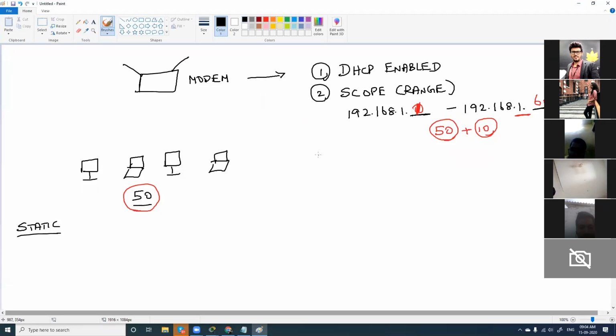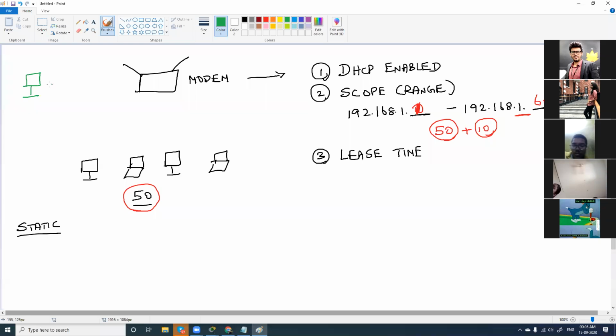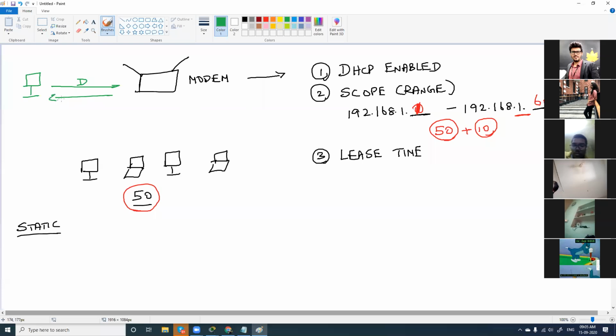Then coming to the lease time. What do you mean by lease time? I told you this yesterday. When your computer is requesting an IP address from your modem, it follows the DORA process: discover, offer, request, and acknowledge.